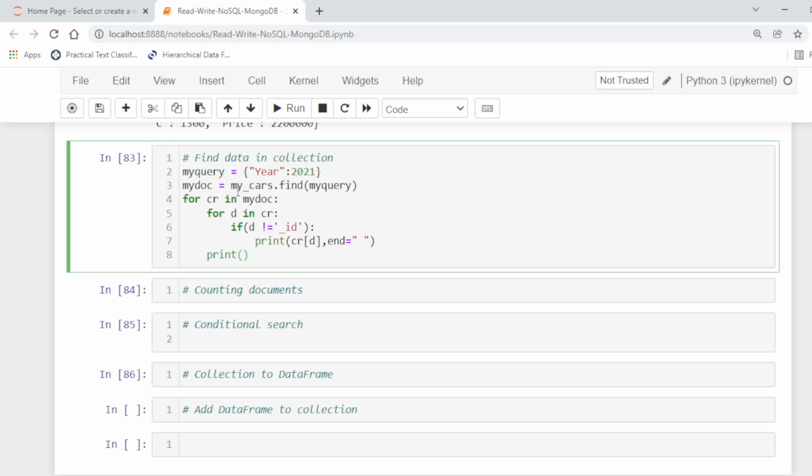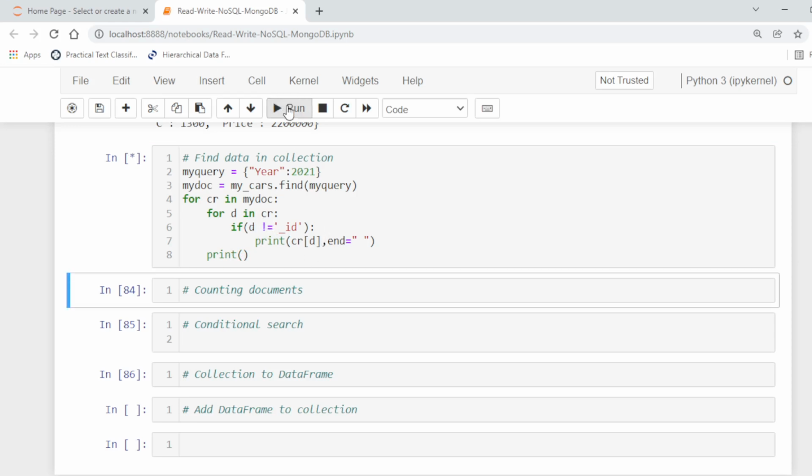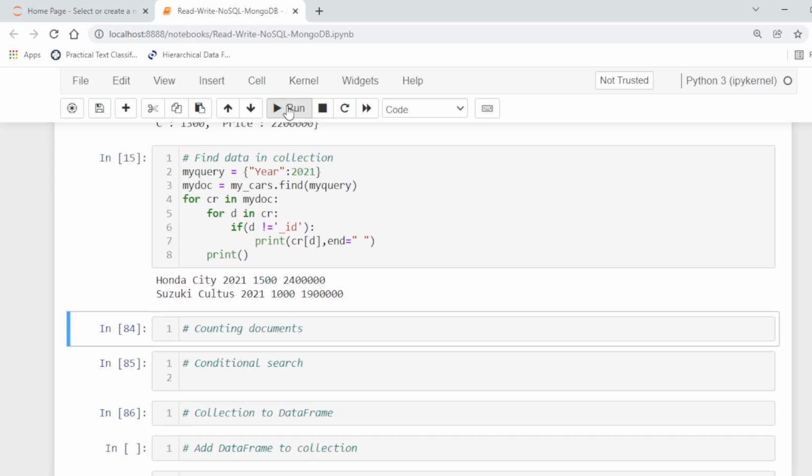So first of all, we apply the find function with the given query on my cars, and it will return the documents. Then we want to display all the data excluding the ID. We are not going to display the ID, so it will display the documents in the my cars collection where year is 2021.